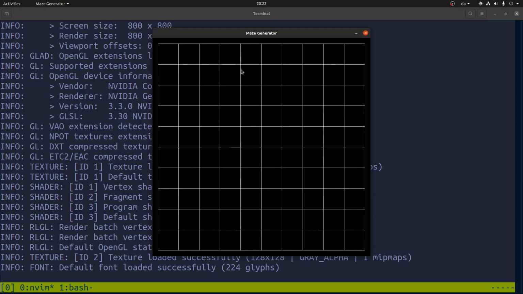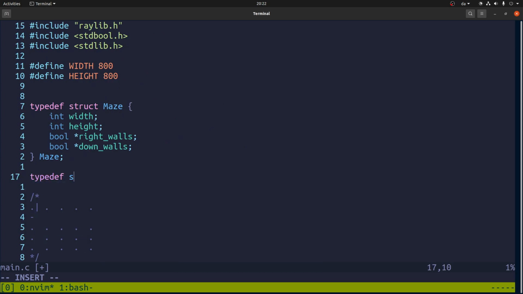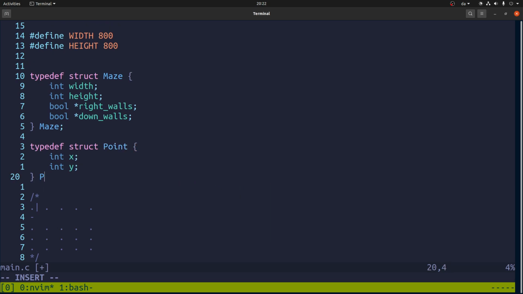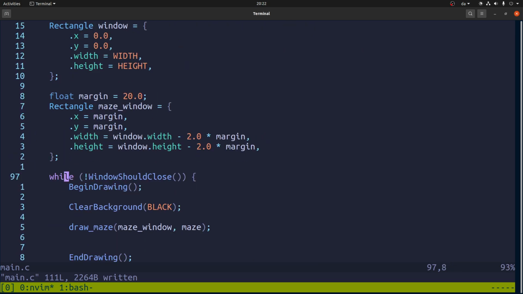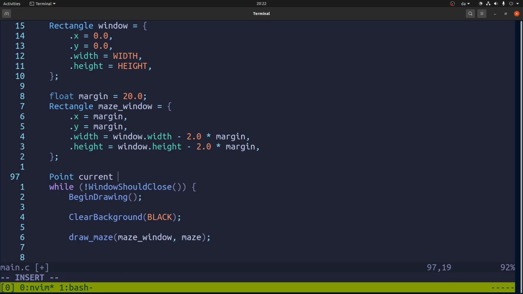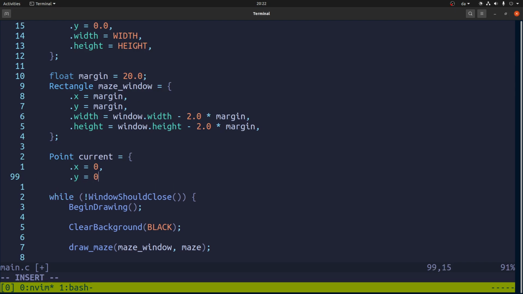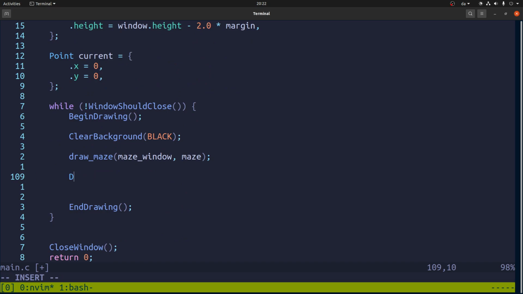So what we're going to do now is we're going to start somewhere, and we'll start up here for why not. And to do that, I want to keep track of where we are with a new structure. So I will just call it point. So if we go back here, let's make a new thing that we'll call current, because it's gonna update. So it starts out as 0, and then let's draw a circle at, of course we have to offset it, and then we have to say,